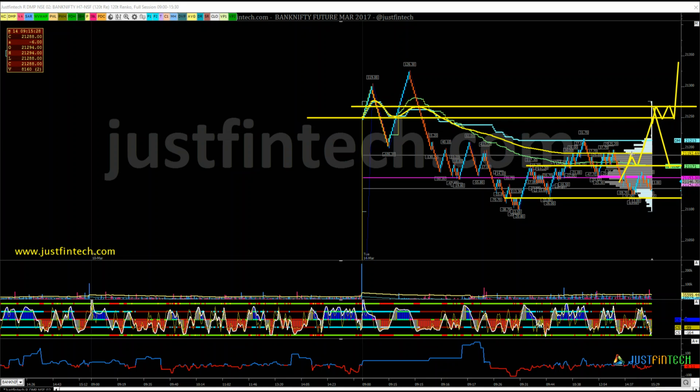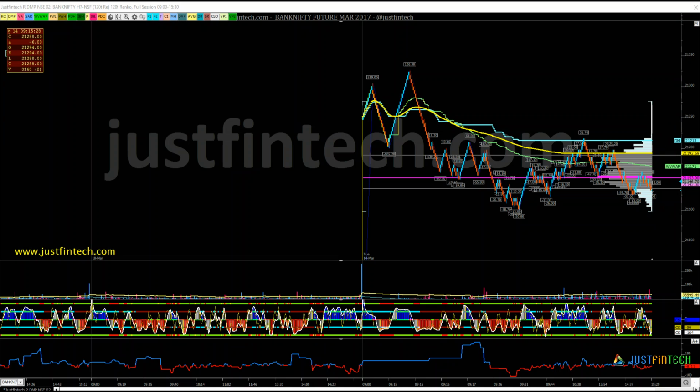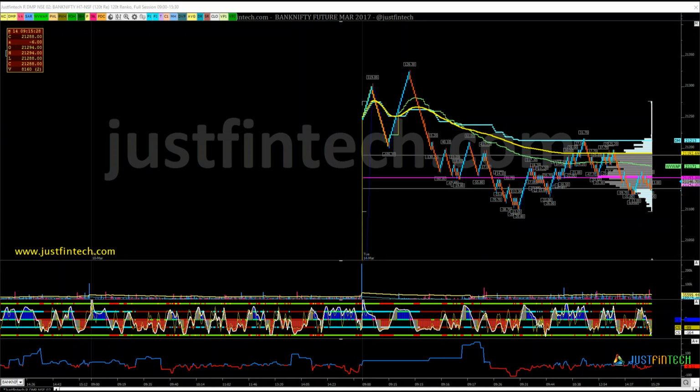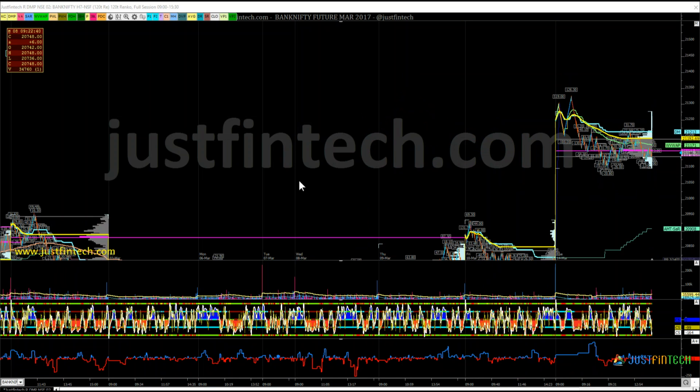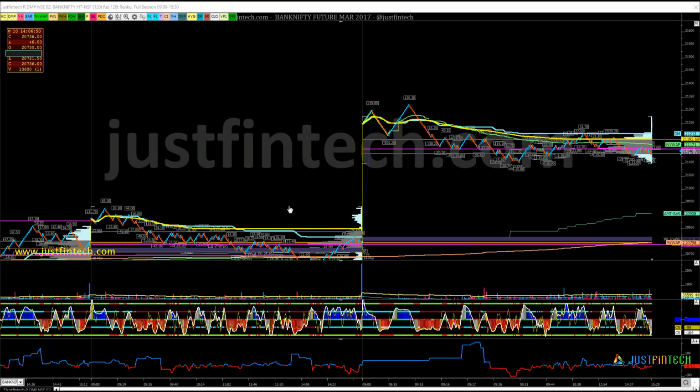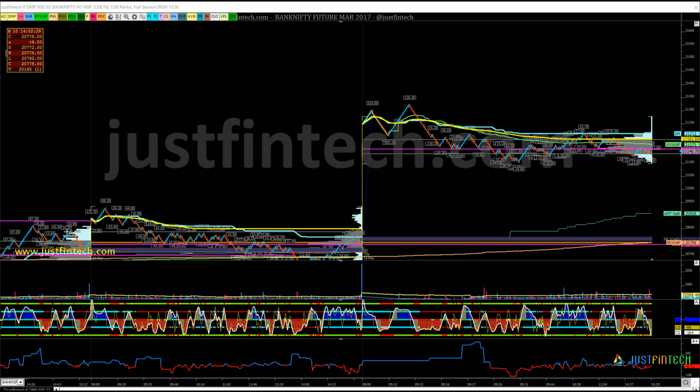Now suppose it fails here itself, is not able to stay above this HVN, then it carries its move down, breaks the low, and tries to test it back. If it falls back again, then it settles somewhere here or continues with the move, or else carries its move down. Let me clear this and zoom it out. So this is the high, and that is what I would refer to.